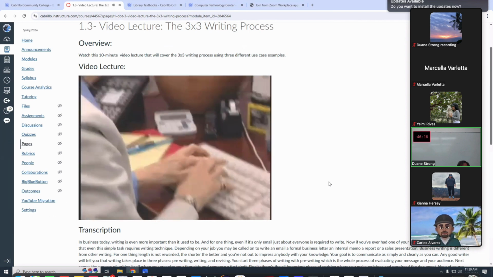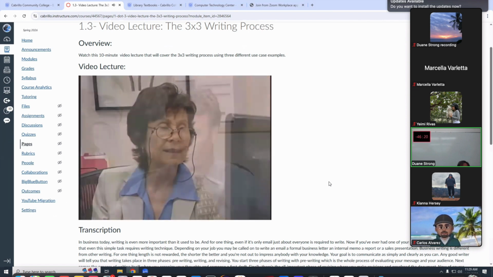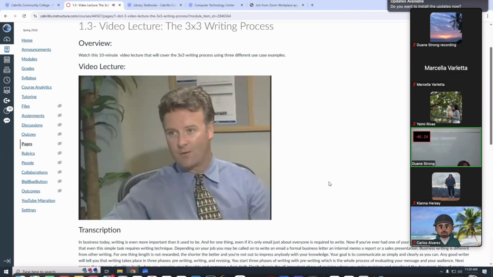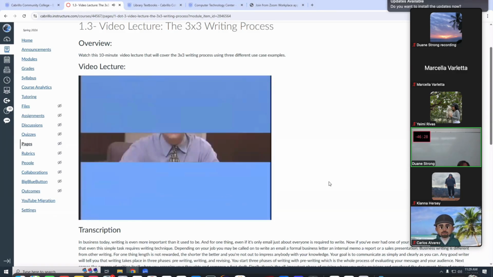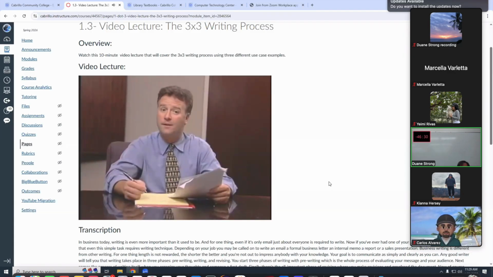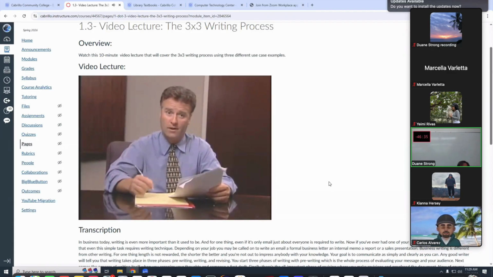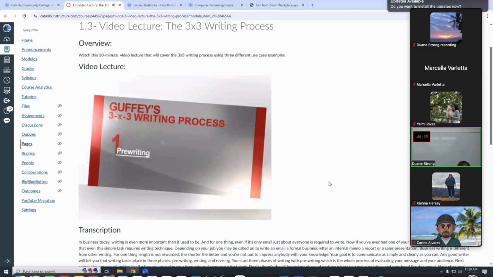Business writing is different from other writing. For one thing, length is not rewarded. The shorter, the better. And you're not out to impress anybody with your knowledge. Your goal is to communicate as simply and clearly as you can. Any good writer will tell you that writing takes place in 3 phases: pre-writing, writing, and revising. You start with pre-writing, which is the whole process of evaluating your message and your audience.